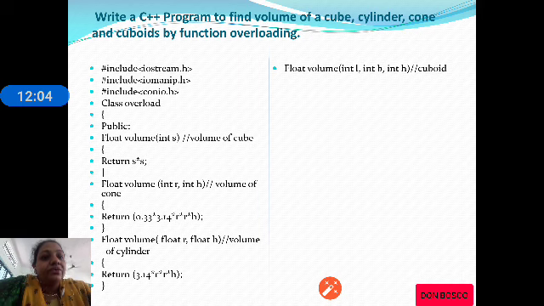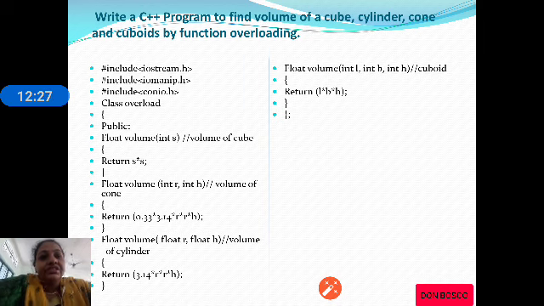Let us have a look at the fourth function. The fourth volume function takes three arguments, integer L, integer B and integer H, which will calculate the volume of a cuboid. So return L into B into H. Now we shall end the class definition.